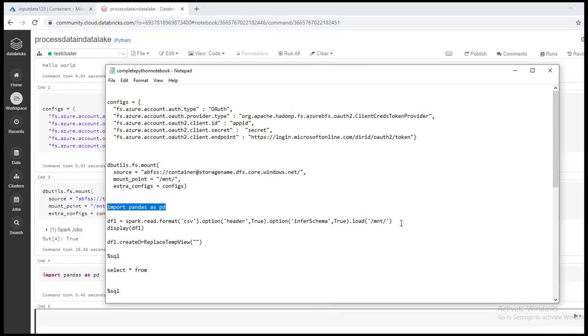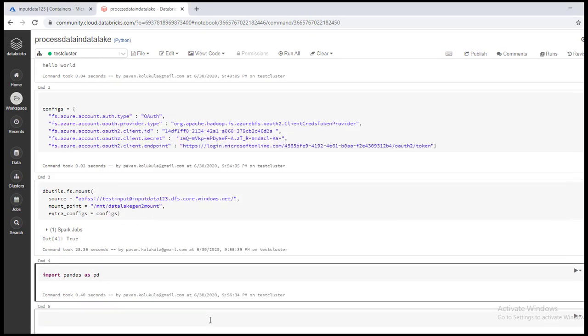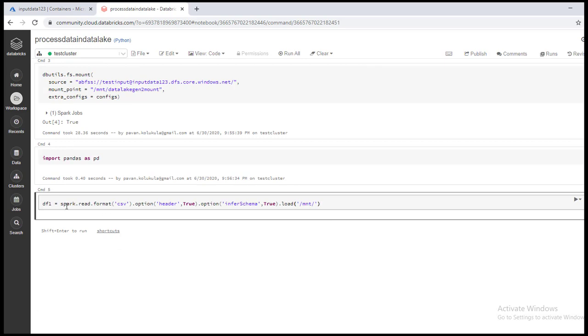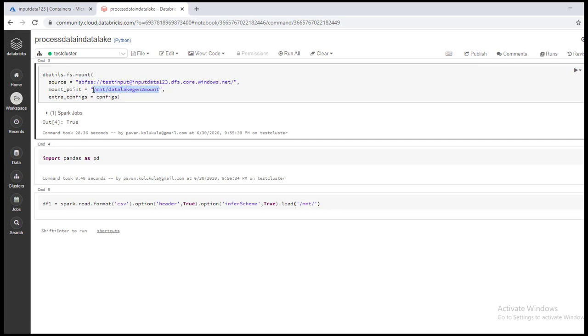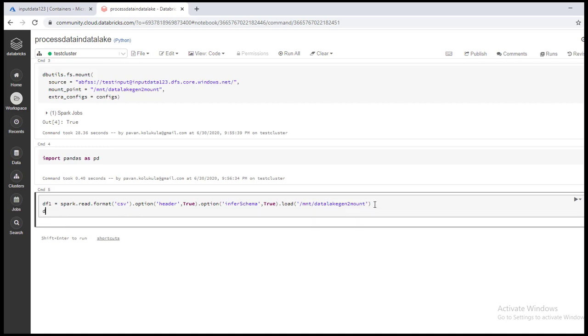Now here in this step we are trying to read the file, and we'll store the data in the data frame, and we'll also display the data.